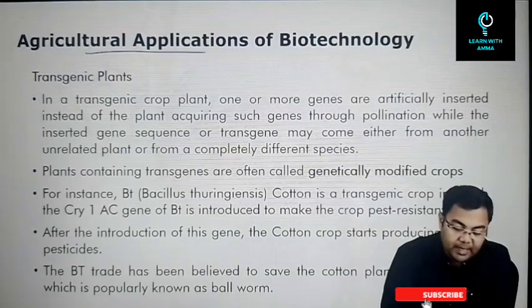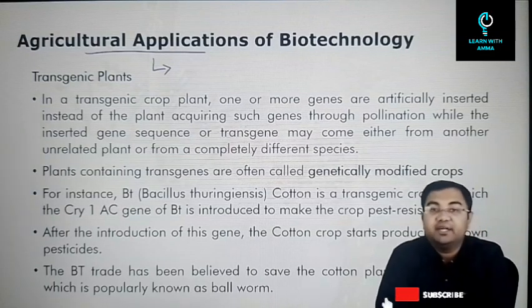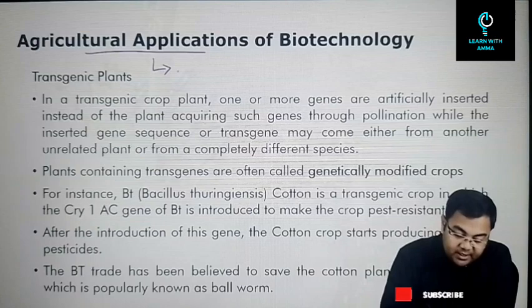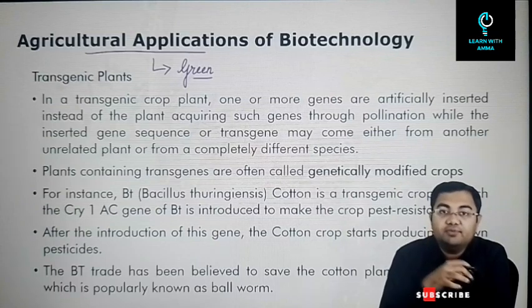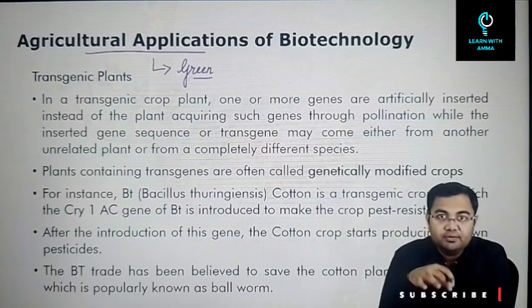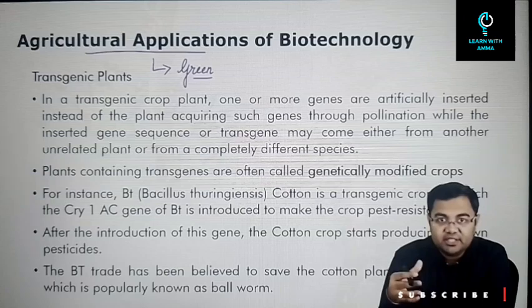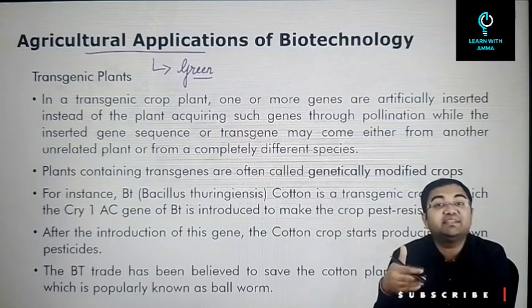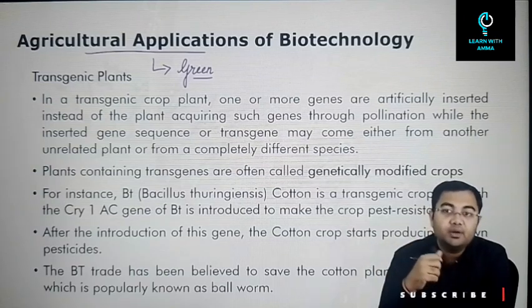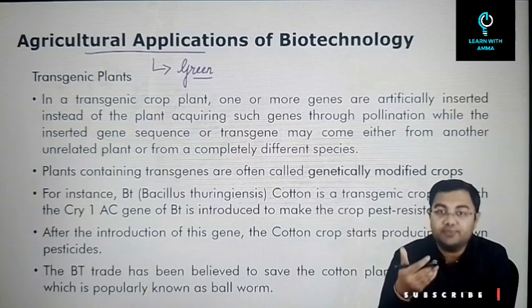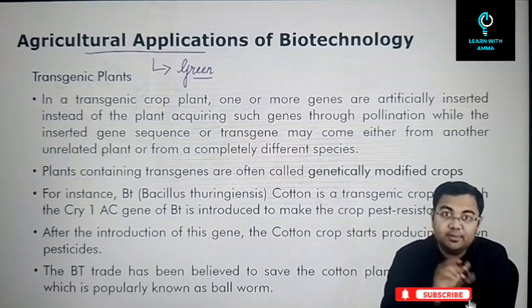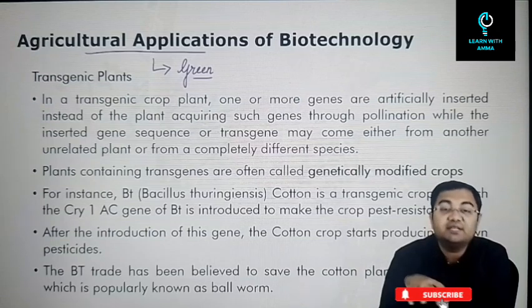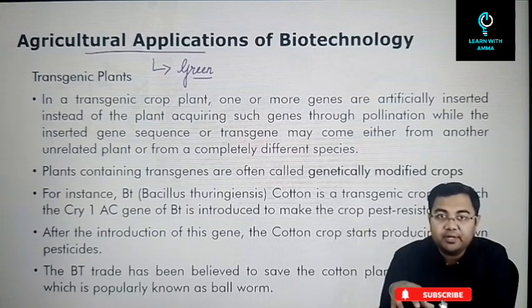Now the next field of application is agricultural applications of biotechnology. In other words, something that we also call green biotechnology. Green biotechnology will be used in a lot of ways. For example, you can use it for increasing the nutritional value of a crop, or to increase the yield of a crop, or in a manner that the use of pesticides can be lowered. So there are many ways in which we can make use of biotechnology in the field